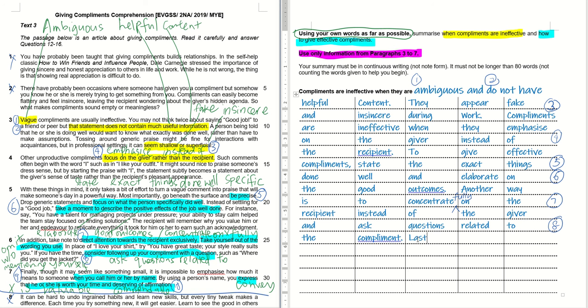Last point. Lastly, use the person's name. Okay, I don't want to use person because it's inside the passage. So I'll use recipient's name